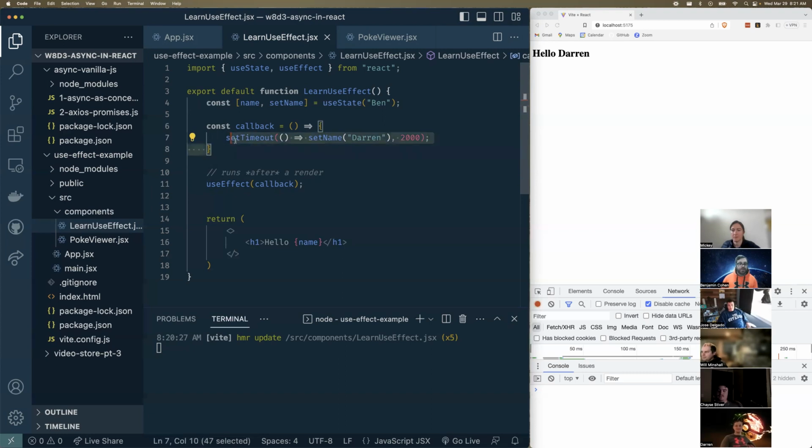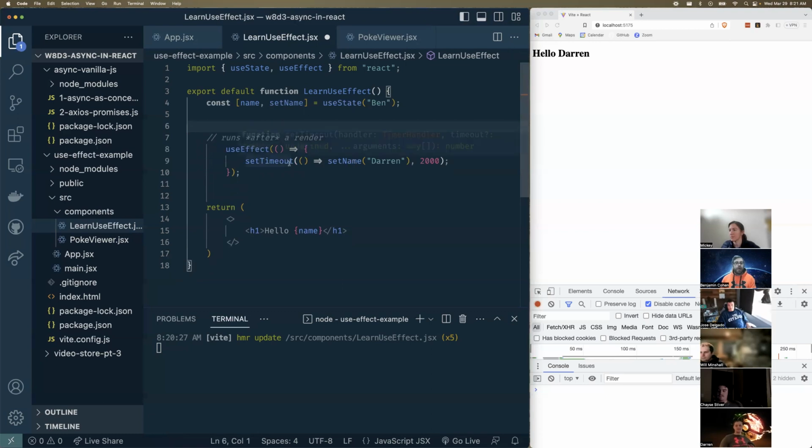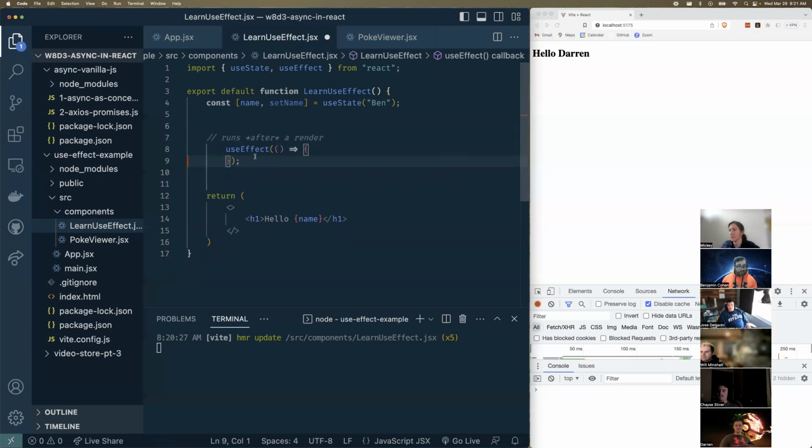Okay, so what I'm going to do now is take this whole callback. I don't really like doing it this way. I'm going to put it in here like this. And let's not do a setTimeout. For now, let's just do something. So if you look at the React docs, they don't initially introduce useEffect with talking to an API. They show you a different kind of